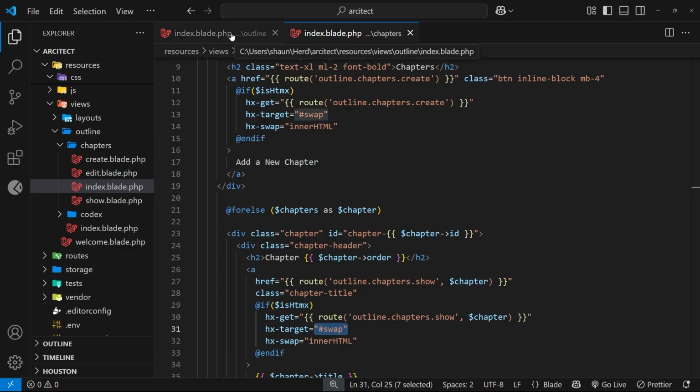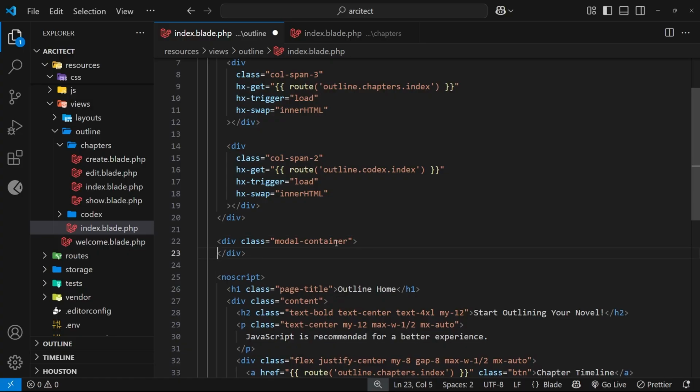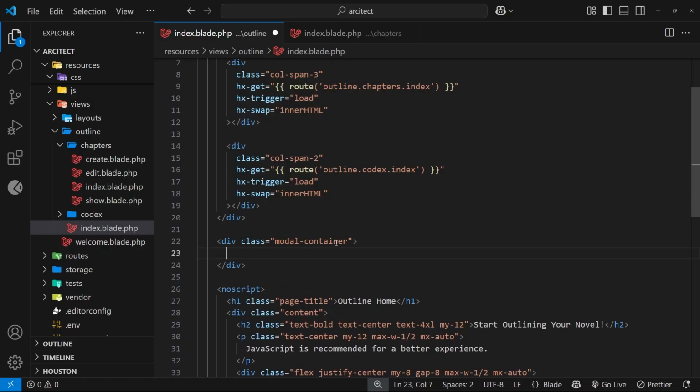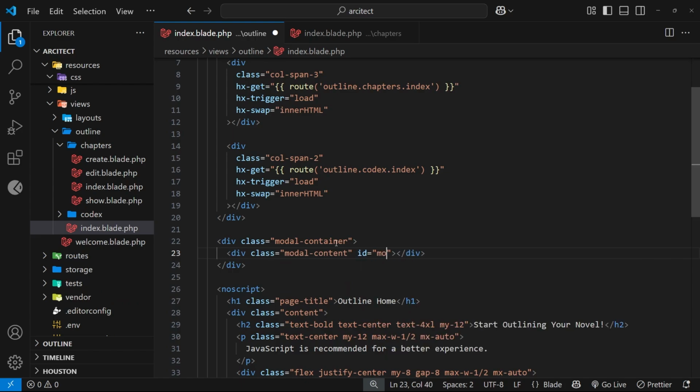Instead, we want the content to go into some kind of modal. So what I'm going to do then is get rid of this, and I'm going to give this a class equal to modal container. So this is going to be for a backdrop that kind of makes the whole page semi-transparent black. And then inside that we'll have the modal itself. So we'll say div, we'll give this a class of modal-content, which we'll style in a second. And then also I'm going to give this an ID of modal, and that's what we'll use to target